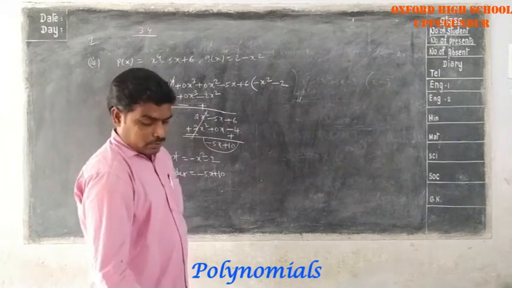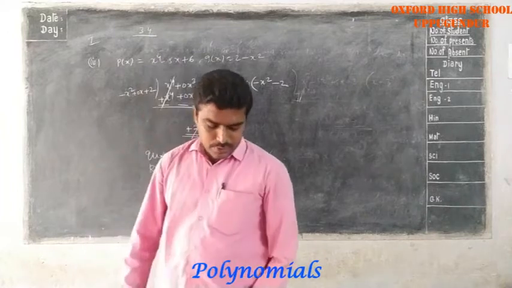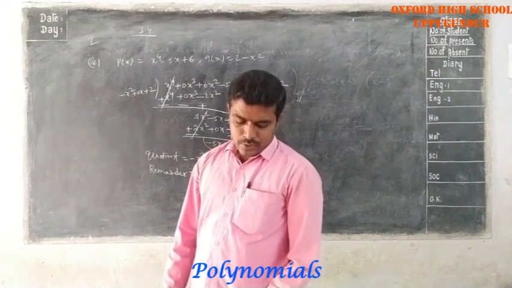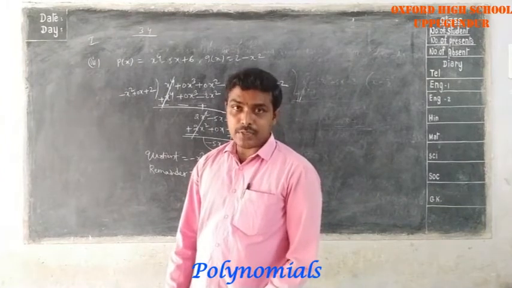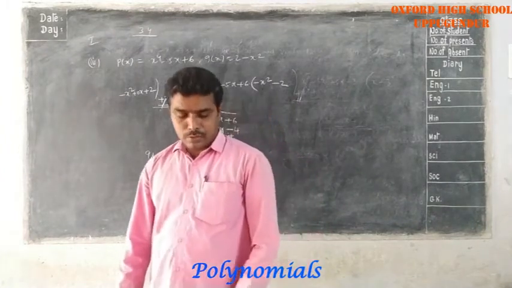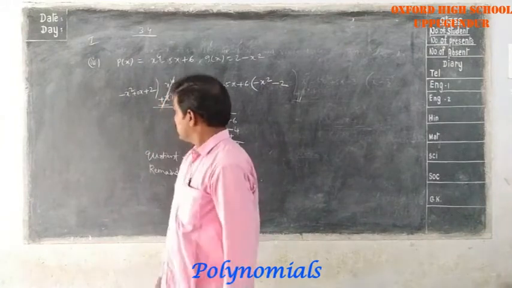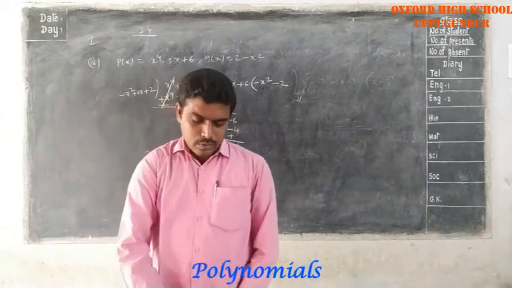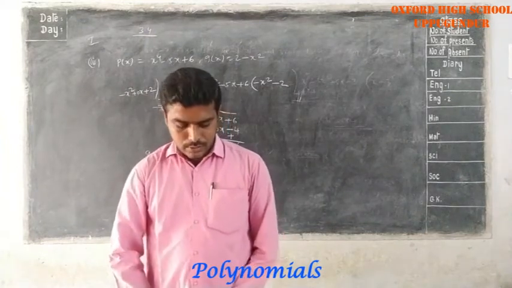Second problem you have to do. Second one is p of x equal to x power 4 minus 3x square plus 4x plus 5, G of x is x square plus 1 minus x. So this problem you have to do. So up to this, exercise 3.4 first one is completed. We will do the remaining problems in the next session.